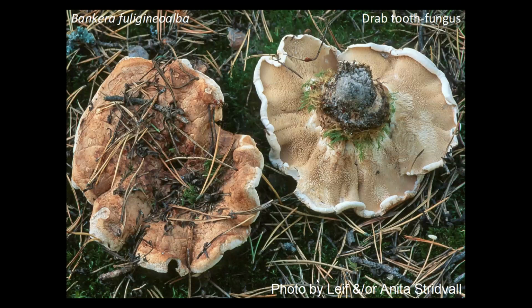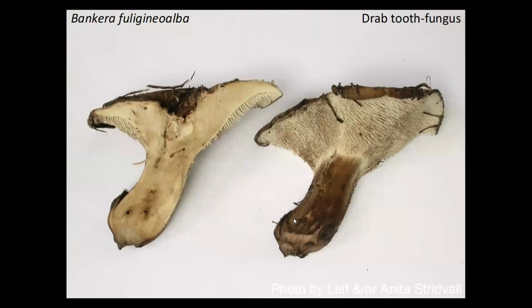So this is one of the very few ones that's edible. Bankera fuligineoalba, the drab tooth fungus. It tends to grow in association with, what do I hear you say? Yes, pine trees. It has a character that it's kind of a sticky surface, and the junk tends to adhere to the surface. So that's one of the ways of distinguishing it, because this guy and the next guy,